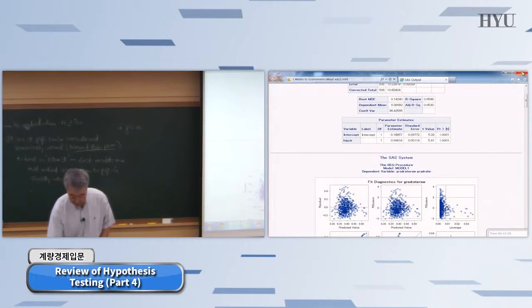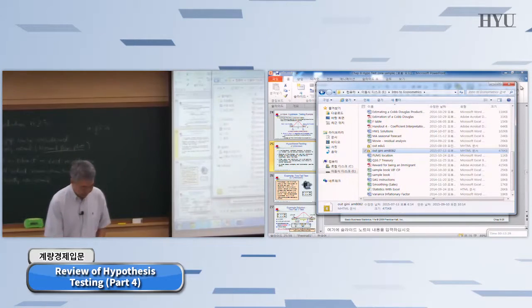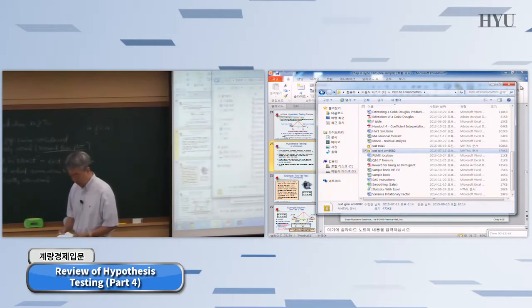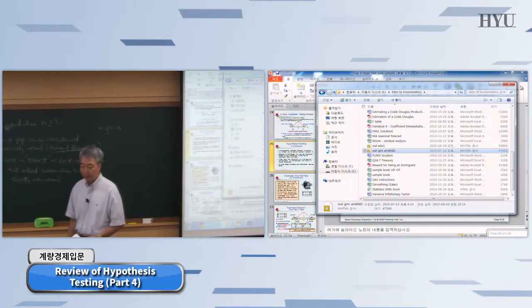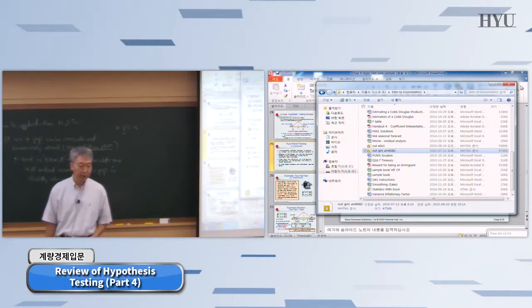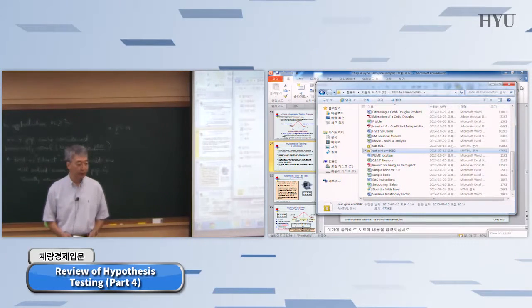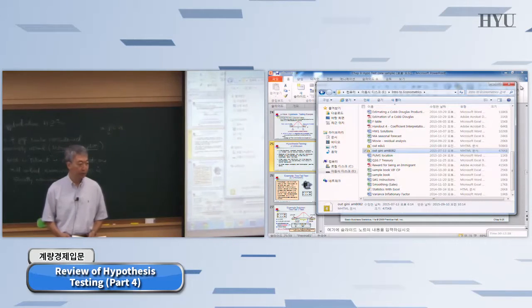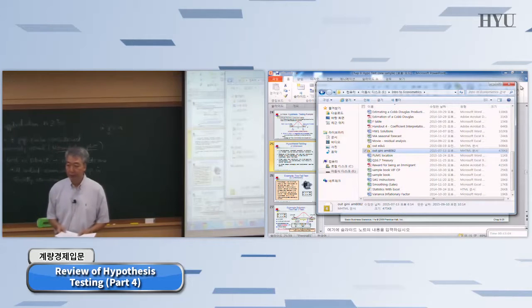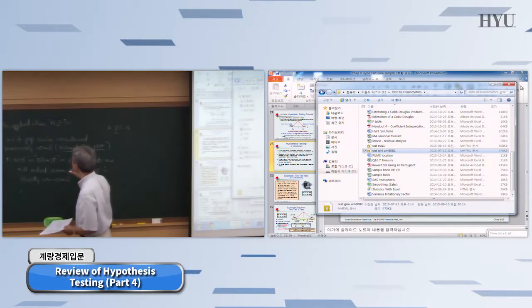So what about the normal probability plot if you don't know how to do it? You can wait until next chapter. In chapter 13, we're going to talk about the normal probability plot once again, how to construct it, because one of the underlying assumptions for regression analysis is normal distribution of errors. So with the errors, we will talk about how these things are distributed. Or if you want to review it right now, you can go back to chapter 6,